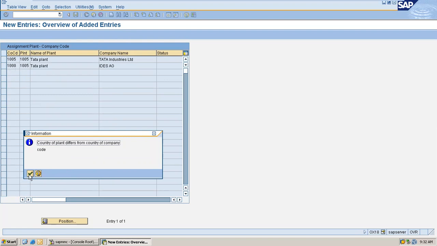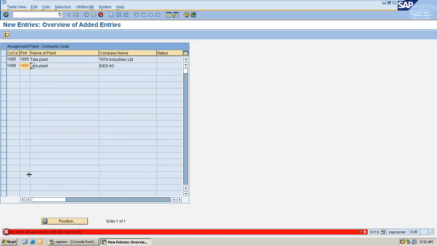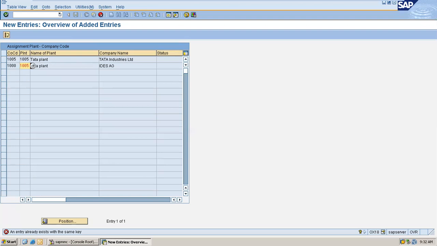It is throwing an information message saying that something is wrong with this assignment. Then it also checks an entry already exists with the same key. That means you cannot assign multiple company codes to a plant. One plant, one company code. That's it. Okay. So that is the reason I tried to enter it.